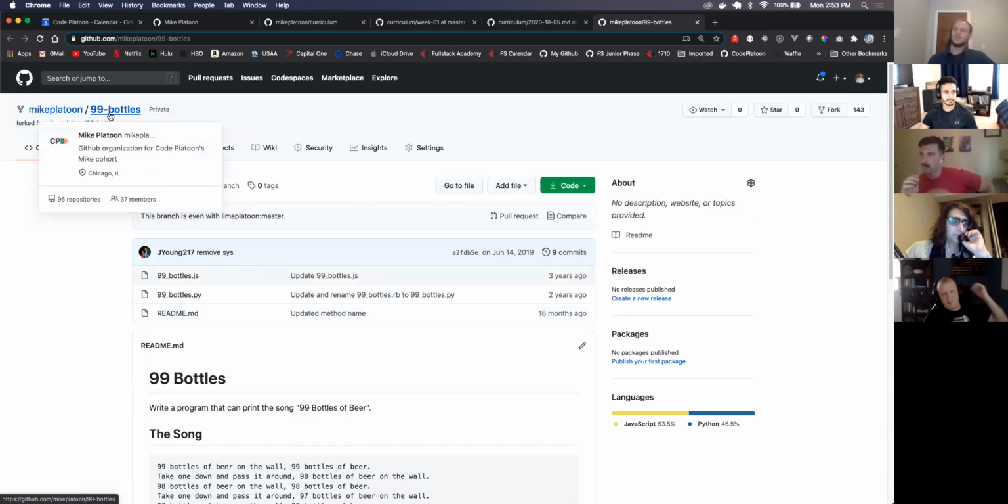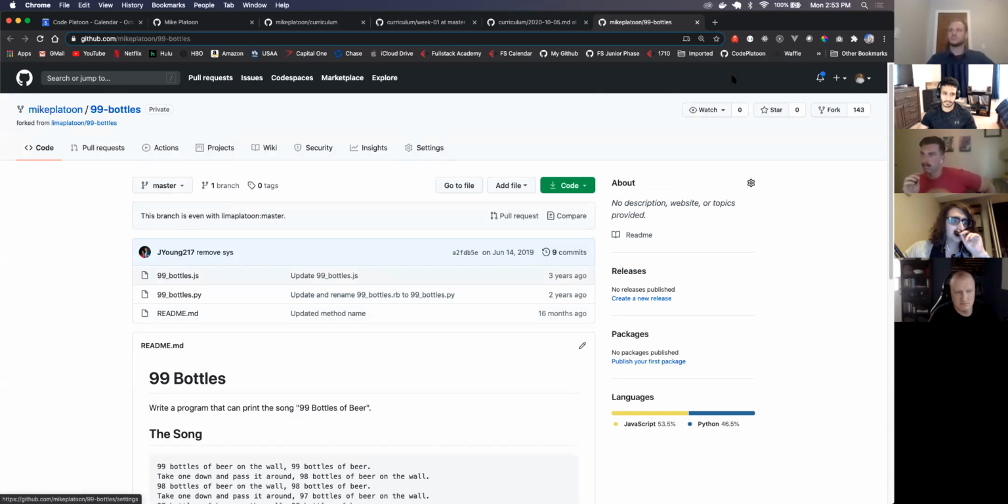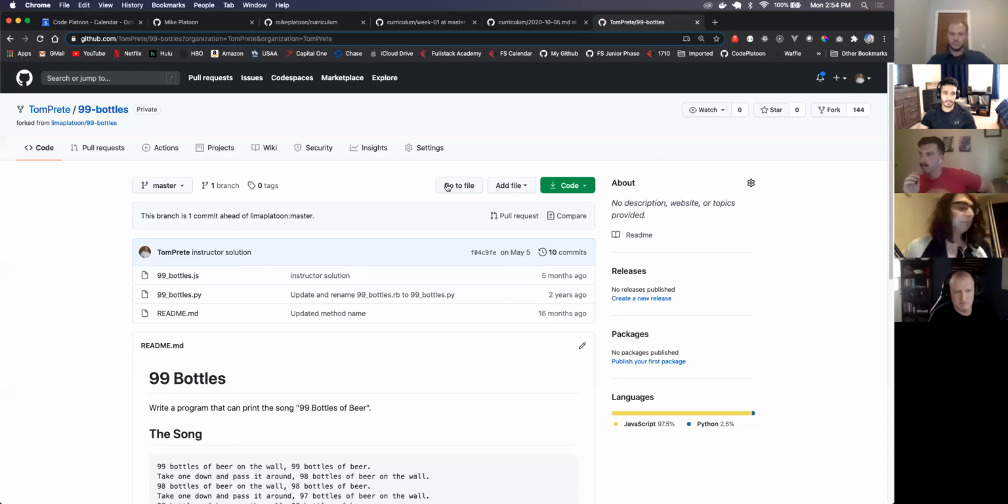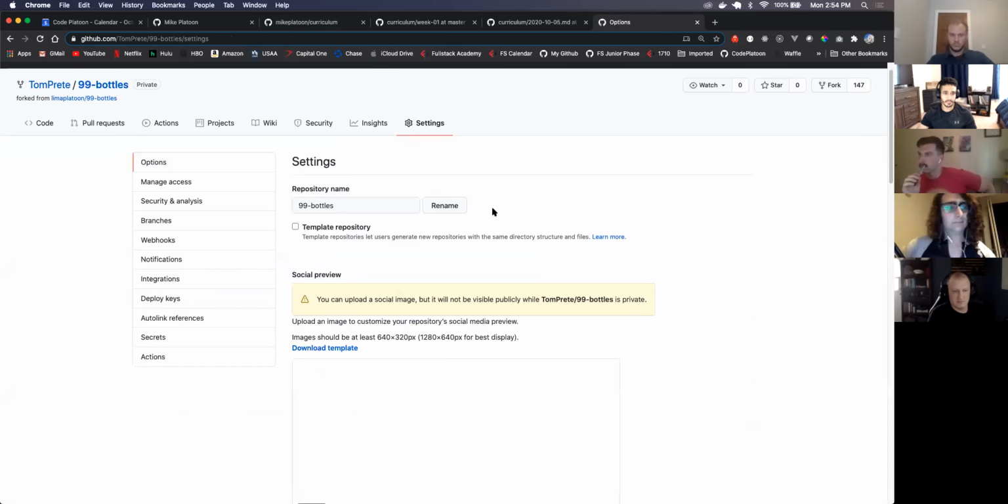So we're in Mike Platoon's 99 bottles, but now I want to fork this over to my personal GitHub. So over here, up in the upper right-hand corner, I see this thing called fork. I want to fork this to my personal GitHub. So I click fork. It looks like I've already forked it, but I'm going to actually delete it over here. Settings. So I'm going to delete this from my personal